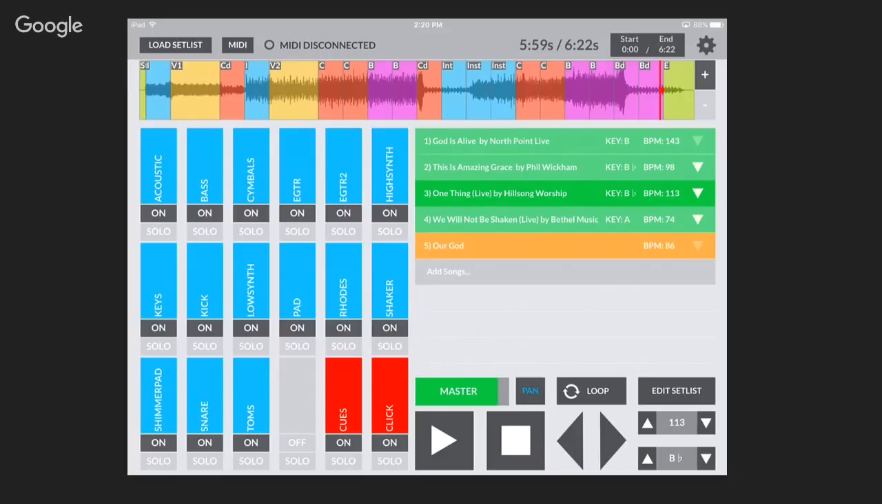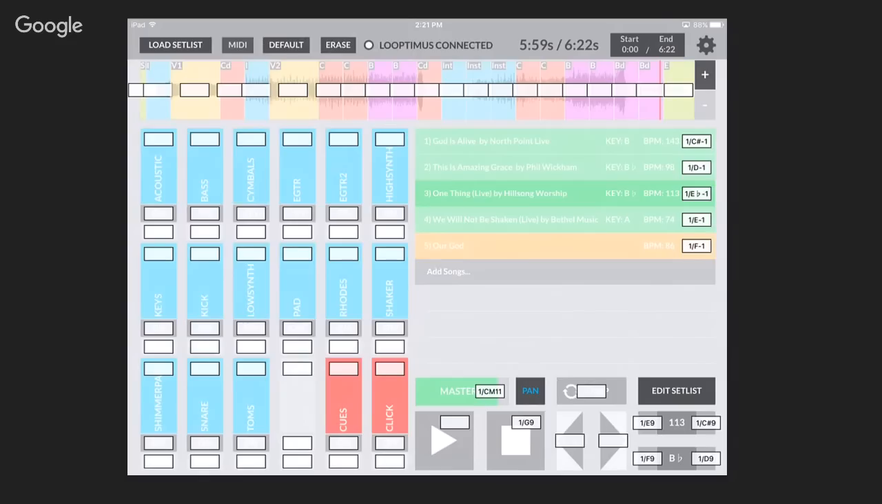So I'm going to go ahead and plug in the Looptimus to my iPad. Most of these come with a standard USB cable, and you'll have to get what's called an official Apple Lightning to USB adapter, like a camera adapter. It plugs right into your Lightning port. So I'm going to plug that in, and you'll see right away it says Looptimus connected, which is great. So I'm going to turn on the button next to where it says Looptimus connected. It says MIDI. I'm going to tap MIDI, and now everything that you see that has a little rectangular box can be mapped